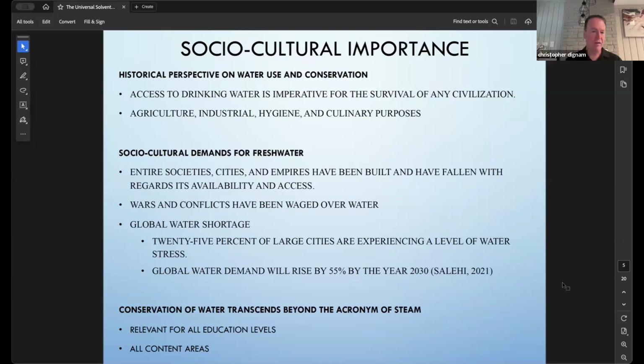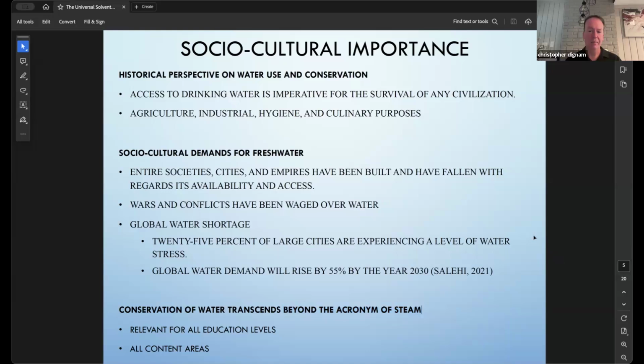So when we look at freshwater, saltwater, look at the wars that have occurred over time, or how cities and empires have risen because of their proximity to water. There are a lot of things we can do there at all education levels. And so at the bottom here, where I put, beyond the acronym STEAM, our work in putting together a practical